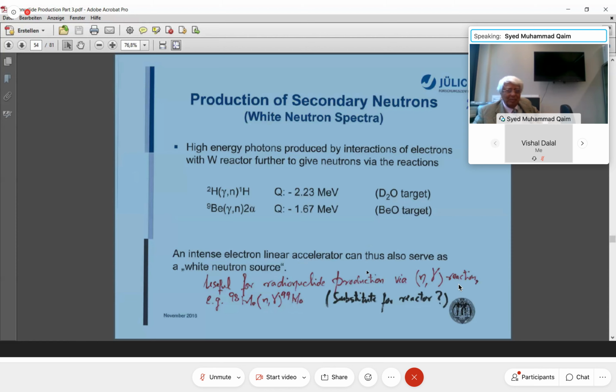So one would like to make use of these neutrons also for the production of some radionuclides. So not only the hard gammas, but also white neutrons. I bring in now the word white neutrons. What does this mean? Are white neutrons white? Are they black? No, the name is given just because it is a mixture of slow and fast neutrons. So this type of undefined neutron source is sometimes even called a white neutron source.